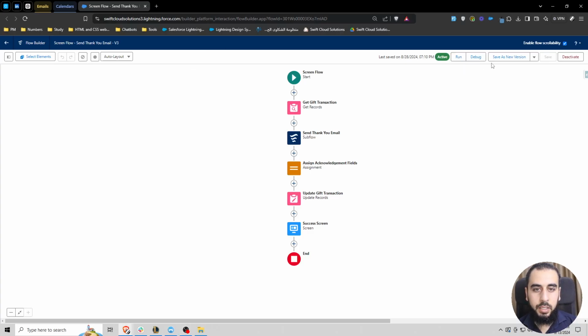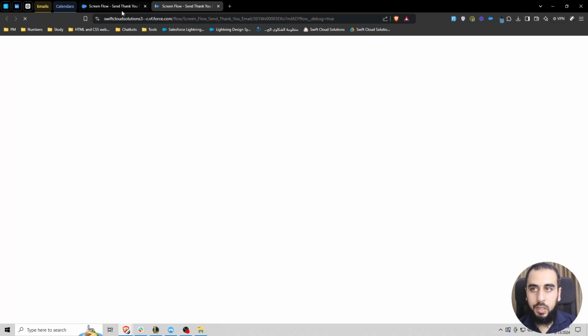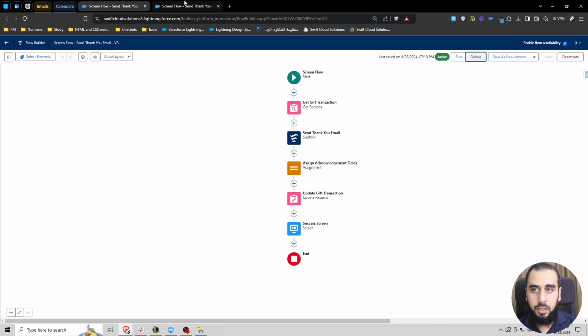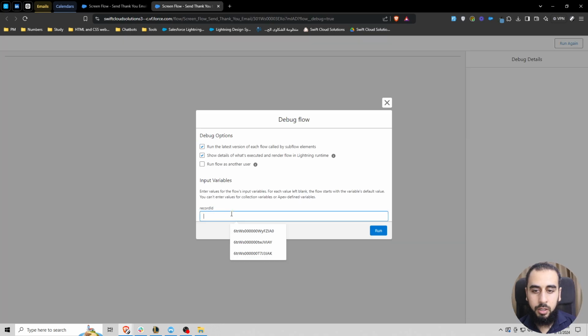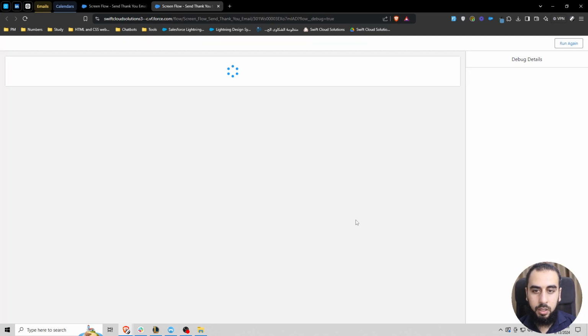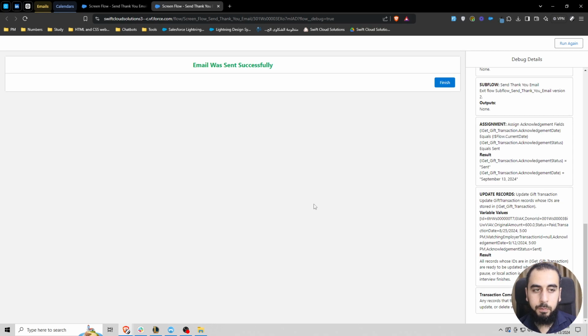So if we go ahead and debug this screen flow, this is the send thank you email that we created earlier, and we click run. Then it does complete, and you see here it says transaction committed, so it actually got committed to the database. All right, now the second thing is